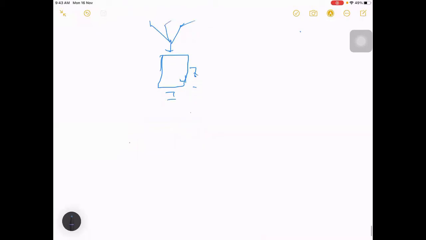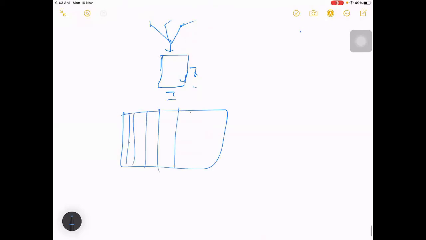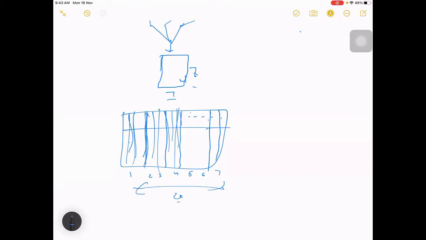Even this will work. What you should be doing is maybe three boxes in one row, 1, 2 and 3, as one grid, and similarly one more 1, 2 and 3 as a second grid, and one more grid like this. You actually form 7 grids, 1 2 3 4 5 6, and in the last grid you won't have 3, because you'll have only 2 here. Okay, that is accepted, doesn't matter. So if you take the 20, it is divided into 7 parts, and similarly in this case there are 15, right?